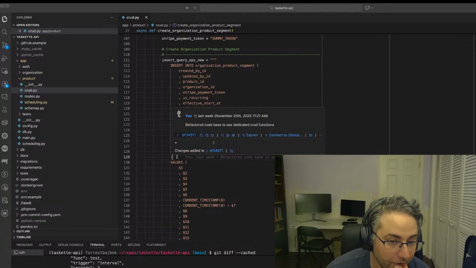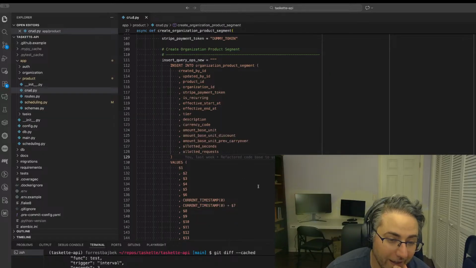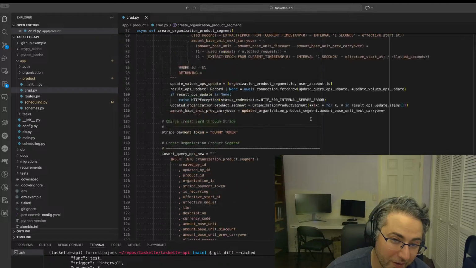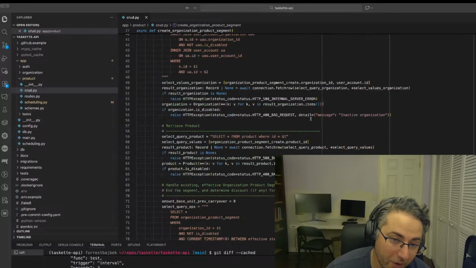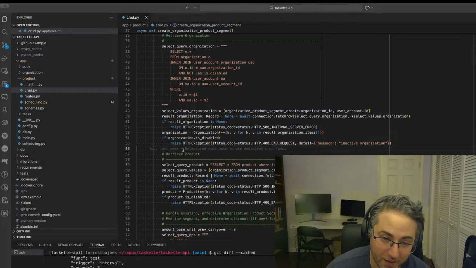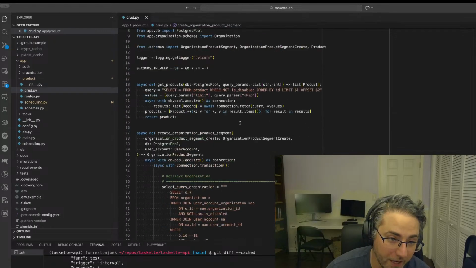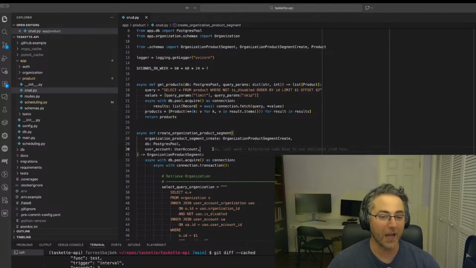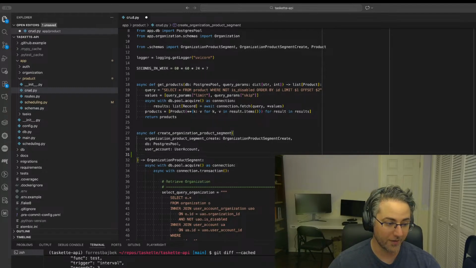Yeah, but you see, this isn't quite right because it doesn't say when it's going to be effective. I guess what I really need to do is mark whether or not it's going to be charged for the future, like if the product's going to be set up for the future or if it's going to be done right now. And I could control that through a flag, which I could say,